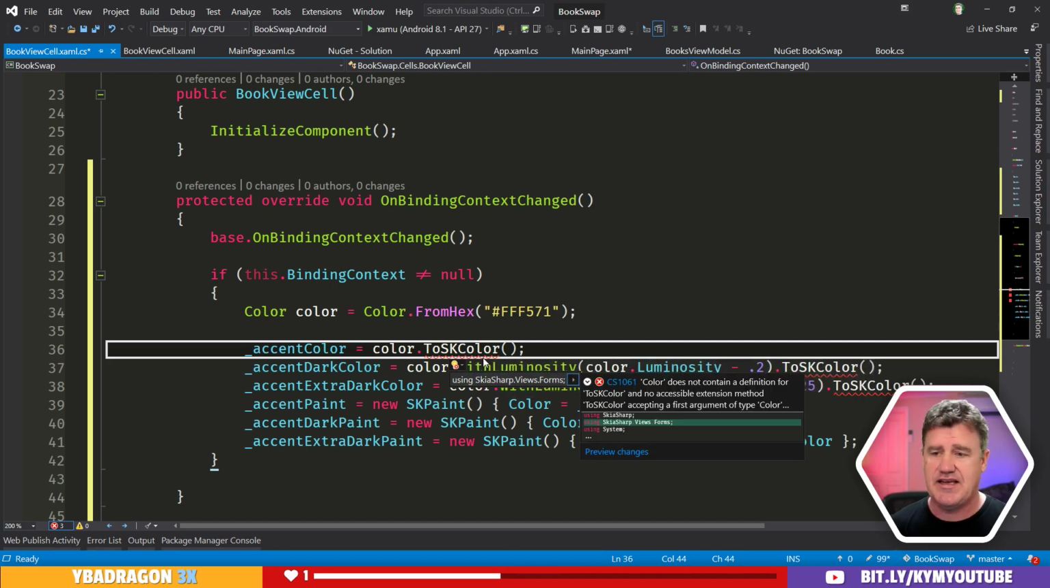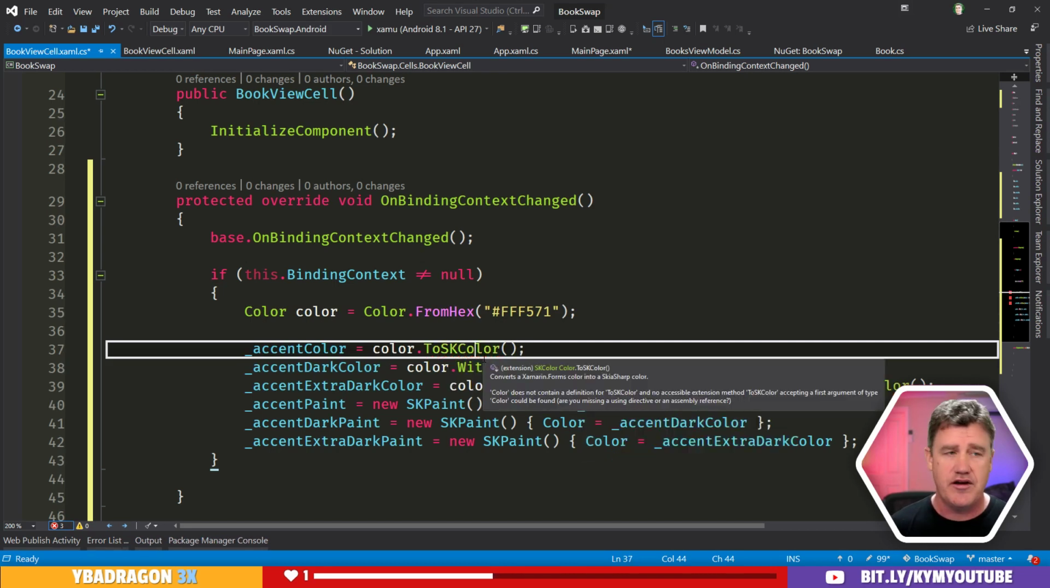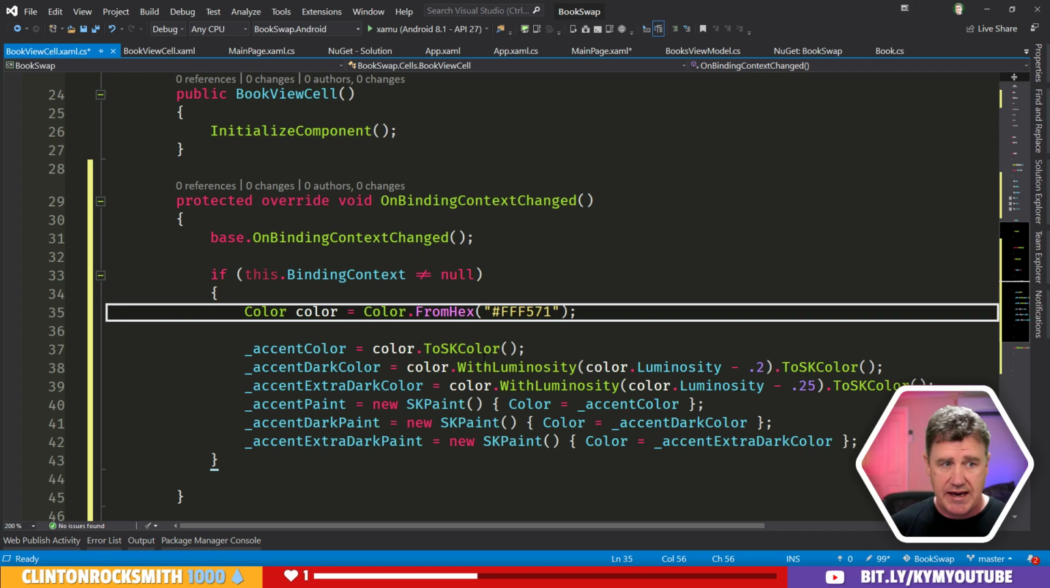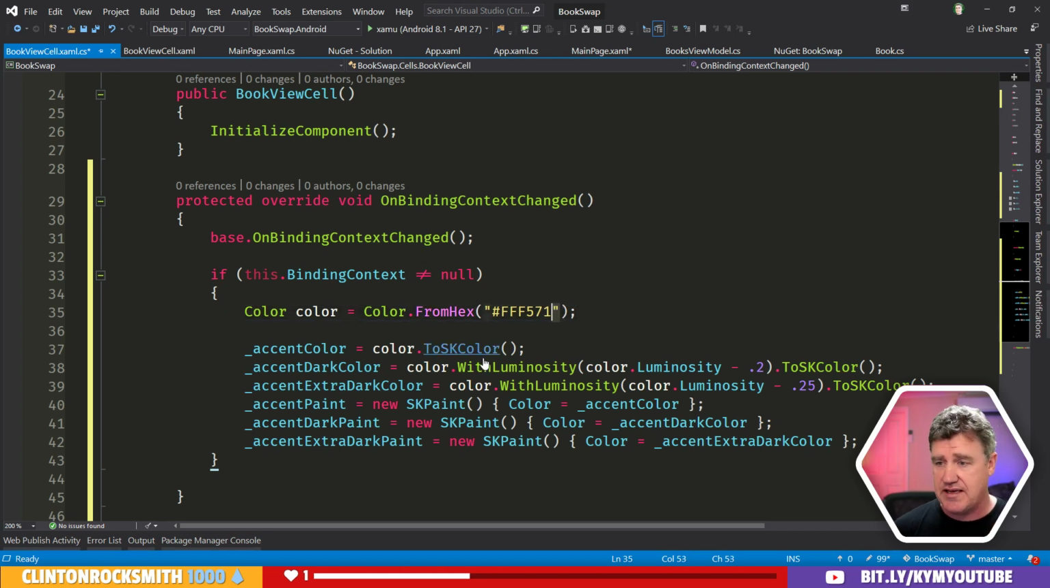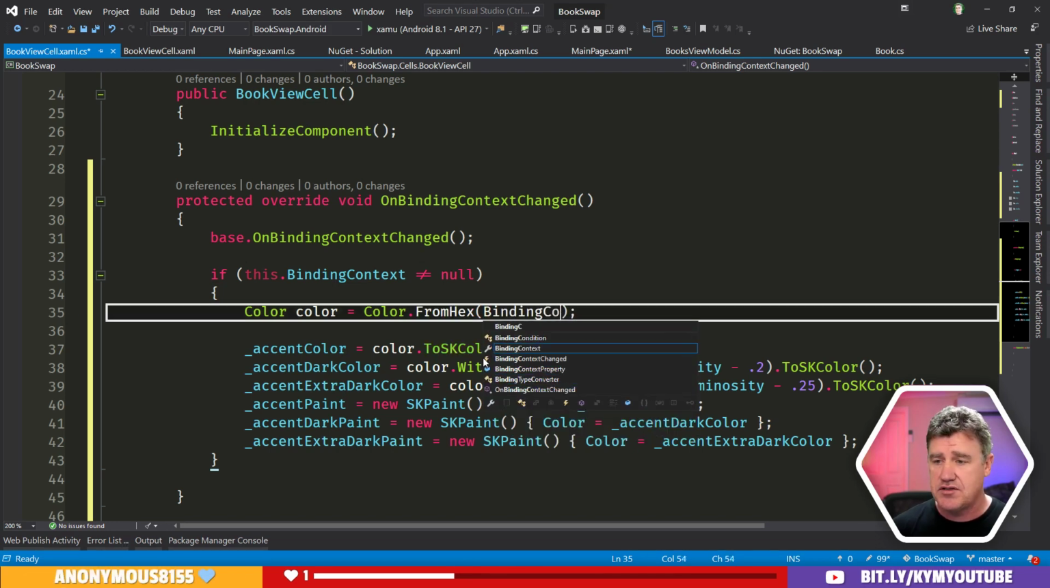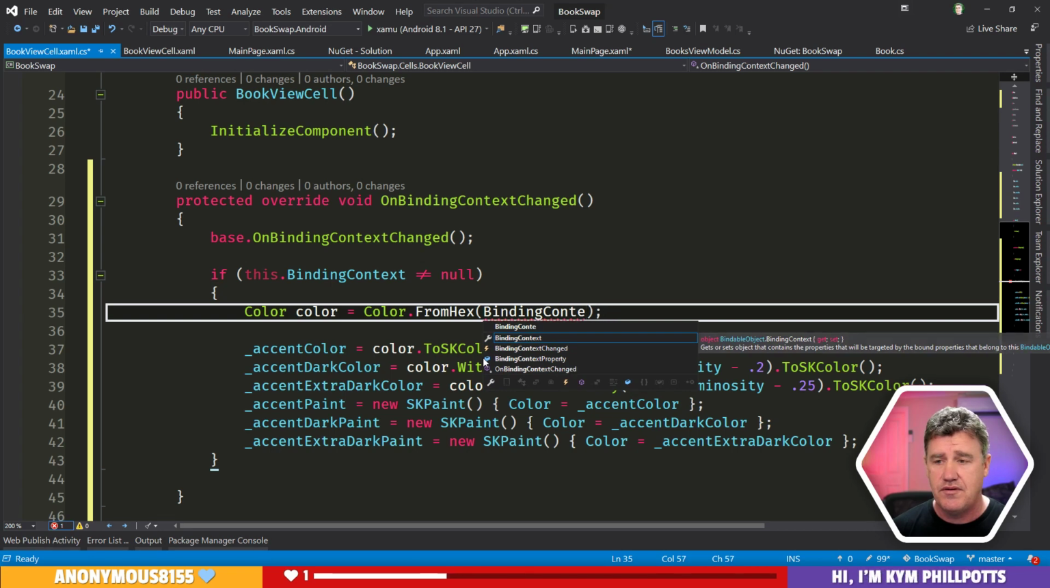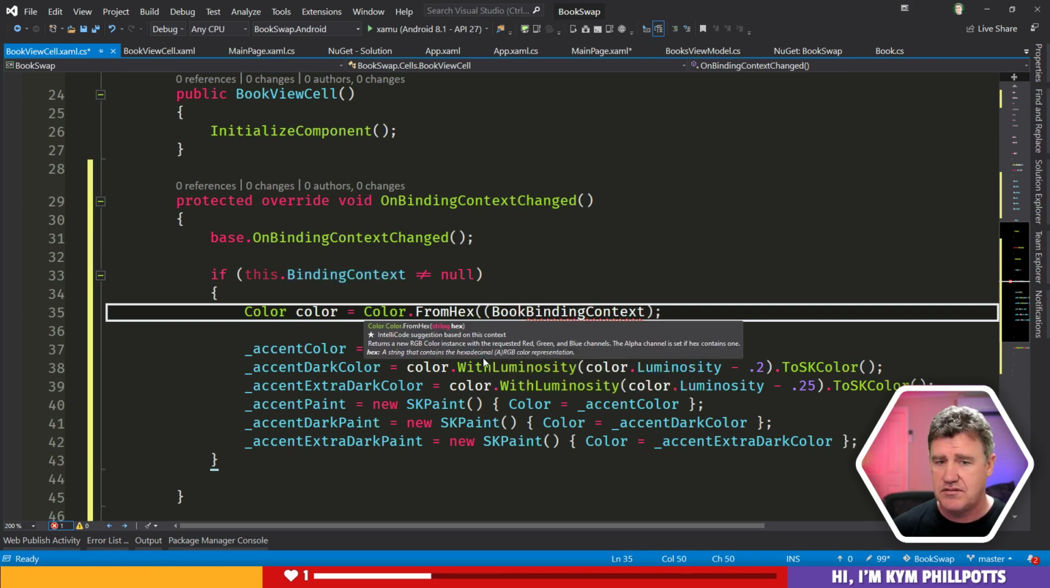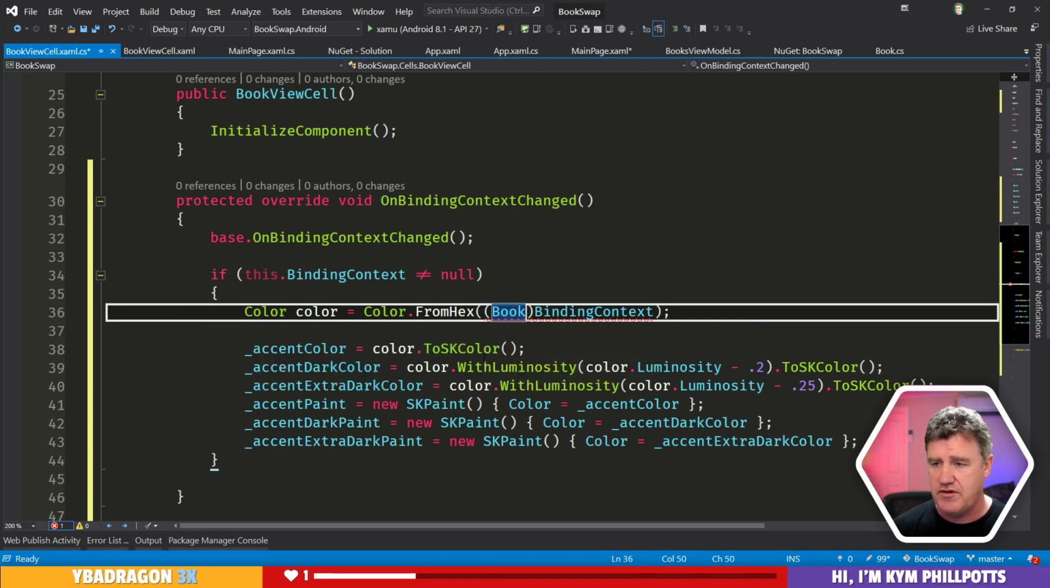So this means that our cell has a new value inside of it. Something else is being bound to this particular cell. What we're going to do is get the color, not a hard-coded color, but we can say our binding context. We have to cast this to a book. Okay, so it's going to be our book view model. I wonder if I should call that book view model. Anyway, brackets. Everyone needs more brackets